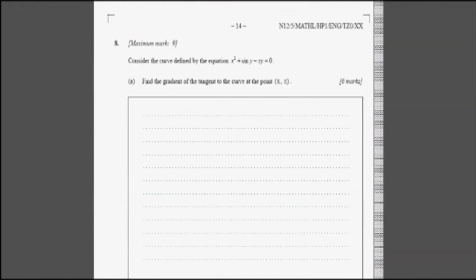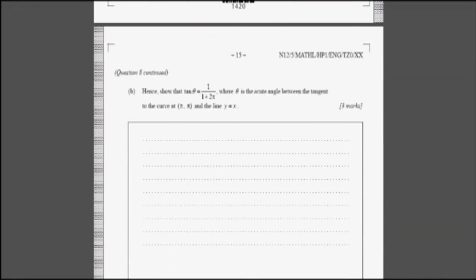Now question number 8 was easy when you were looking through that during your first 5 minutes of reading time, and if you are thorough with implicit functions, you can see that this is an implicit function. Immediately the moment you see that, it's going to be an implicit derivative, and the question is find the gradient of the tangent at pi, and this is 6 marks just for this question. So you need to really give all the steps. At least there should be 7 to 8 steps and a clear answer for the gradient. Okay,